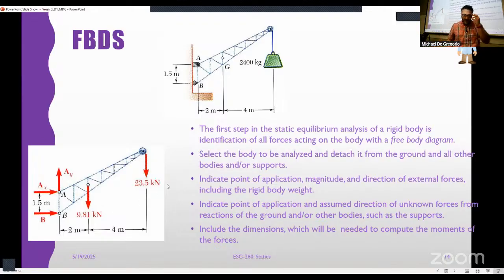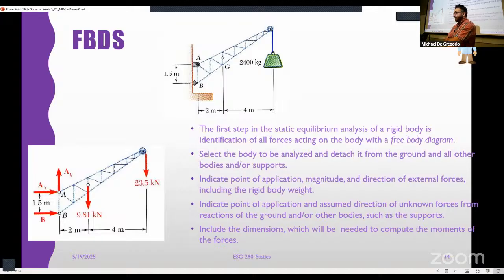Right? But look, everything's just the way that we drew, right? If you don't know, like with these reactions, I do not know if that is the actual way that they are pointing. I assume positive to start, right? Why? The general convention is to assume that if you don't know, you make it positive, because if it comes out negative, you know it flips the opposite direction, right?